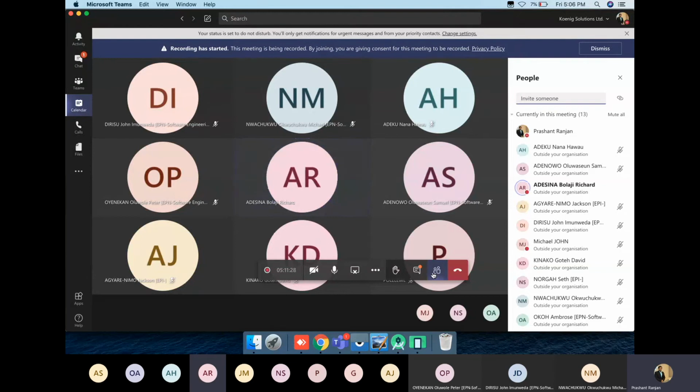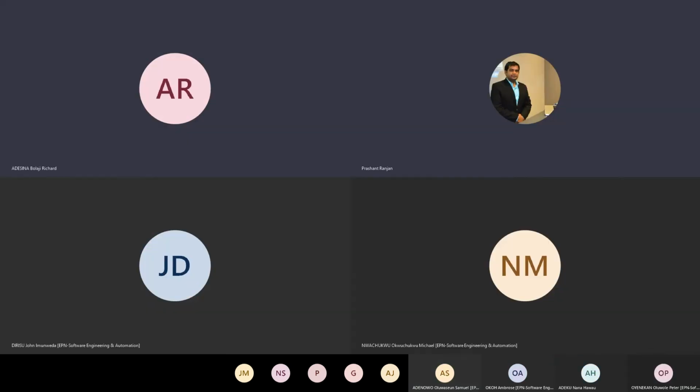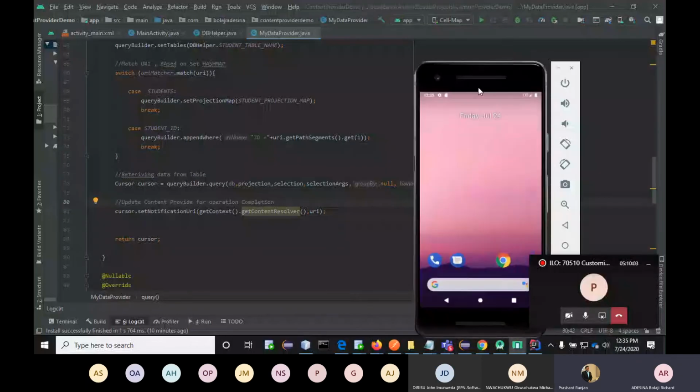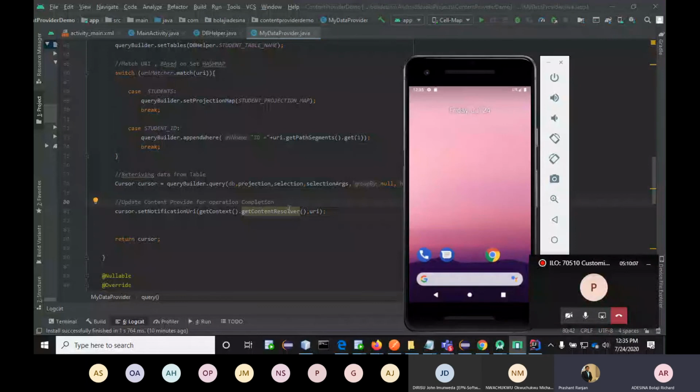Maybe my issue is different from the others. If I click the save button, it closes the app. Show me. Okay, let me reload it.